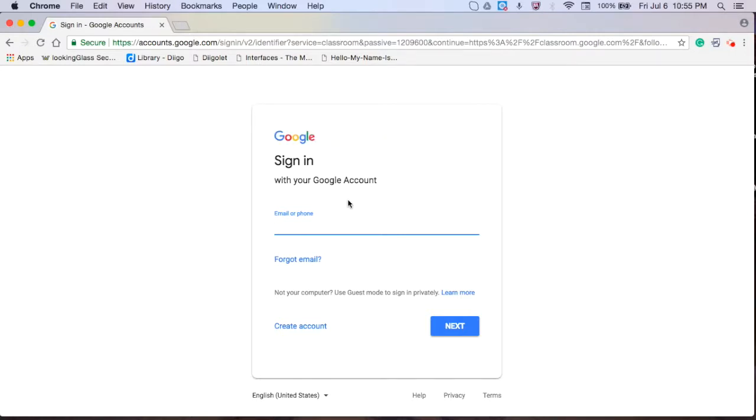Your email address that you will always use for your Google Classroom account is your student ID number, which is a 6-digit number that you use for lunch, at philasd.org. So it will be 6 digits, something like 1, 2, 3, 4, 5, 6, whatever you put in for lunch. Hold the shift key and press the 2 for the @ sign at philasd.org. So that's your student ID number at